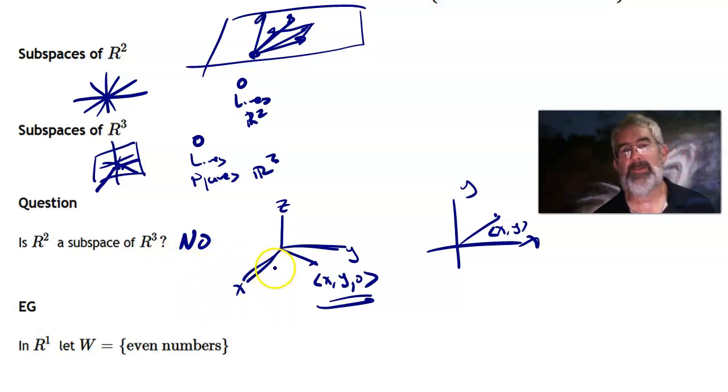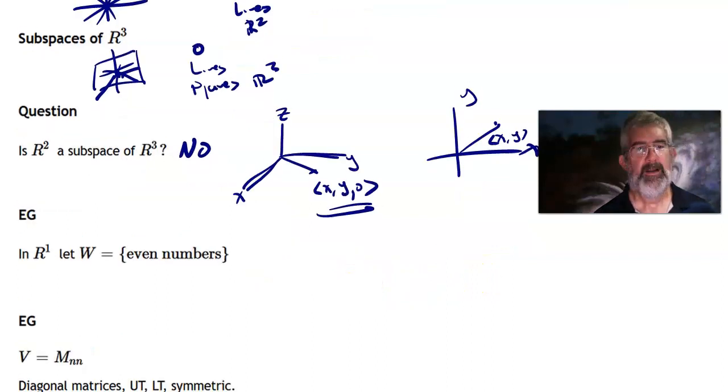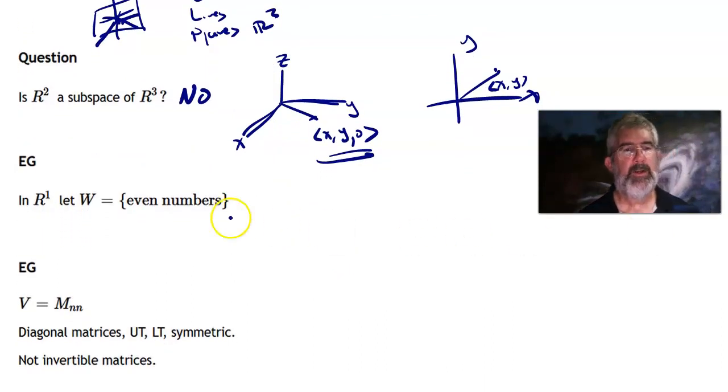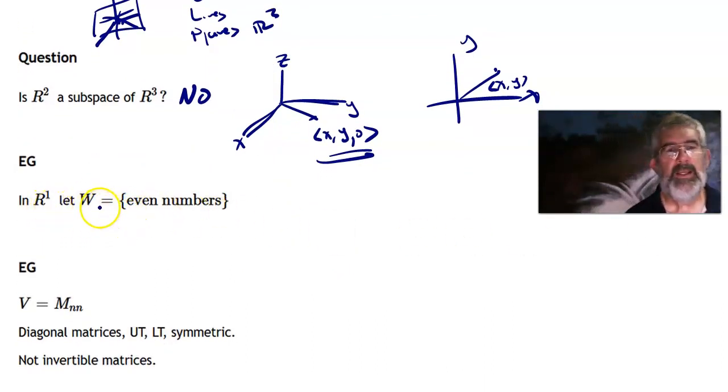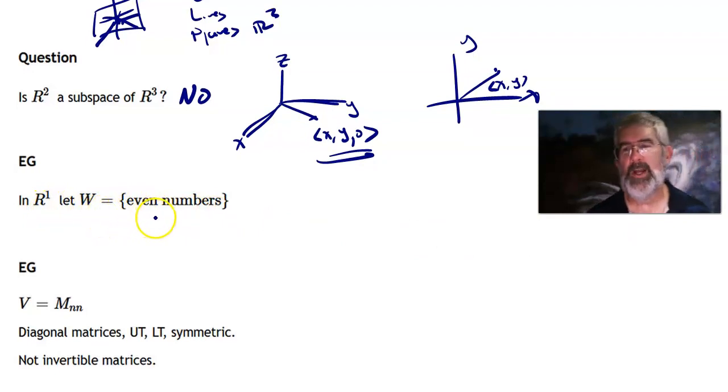Now, granted, it has subspaces that look just like it, but they're different. They're different because they've got this last coordinate. Here's an example. In R1, so just all the numbers,